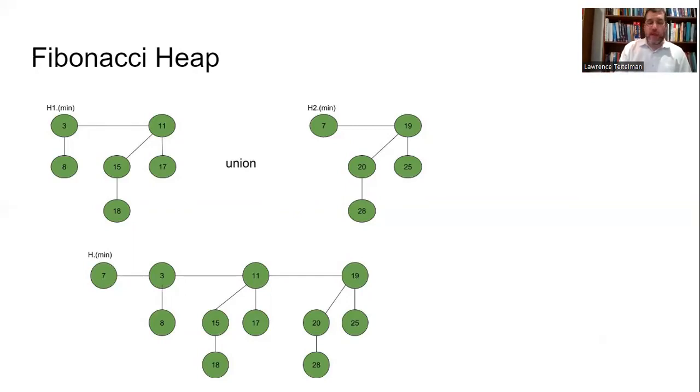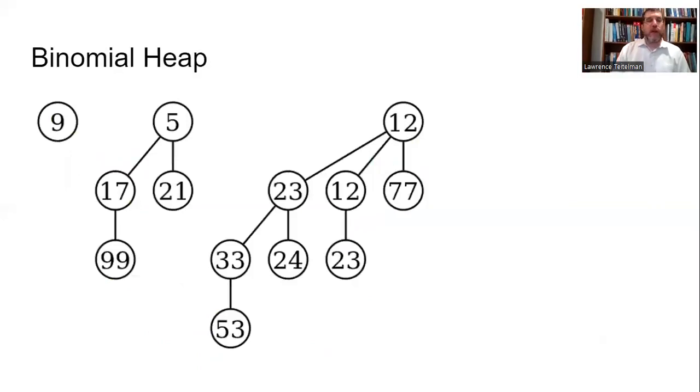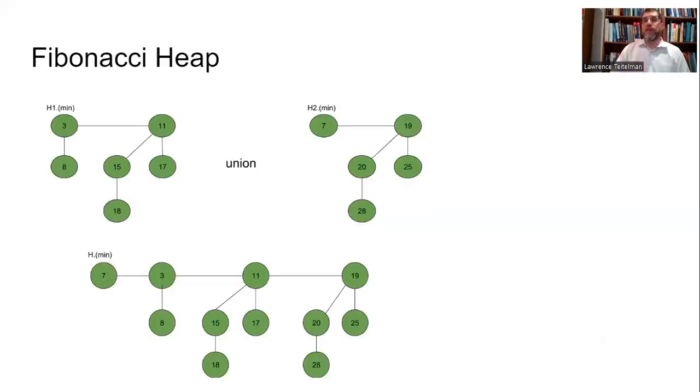The beauty of this Fibonacci heap and the binomial heap. Anyone know what binomial is? If you took probability, or maybe it even came up in discrete structures or discrete math. So binomial are those, that's like the C and R, right? How many ways can you choose R from N? So again, it's called the binomial heap because the math that's related to its analysis uses those binomials, right? So they're both like a heap forest. It's a bunch of